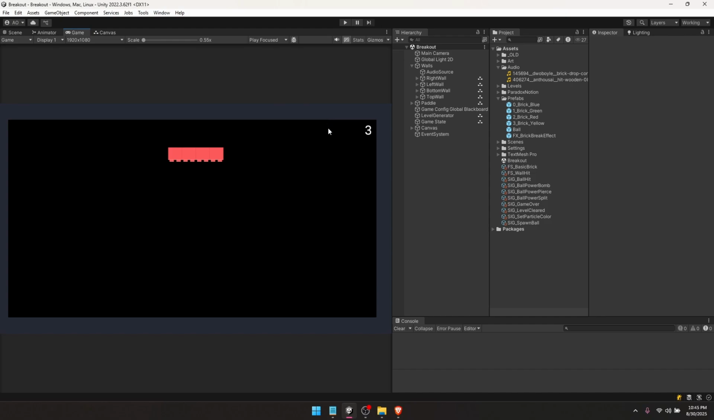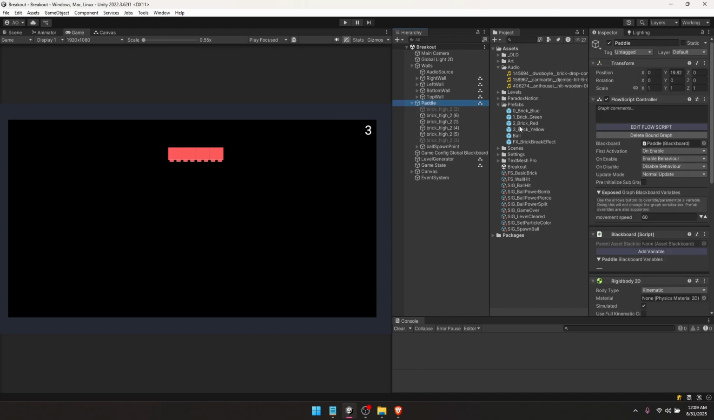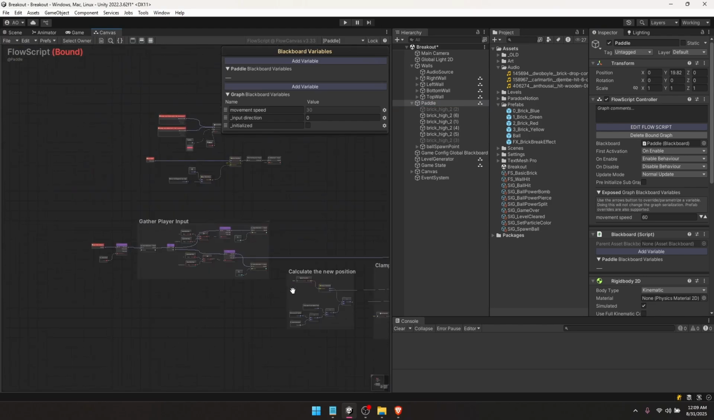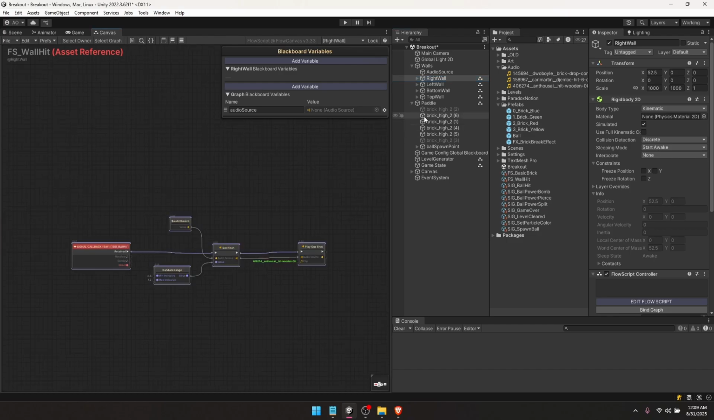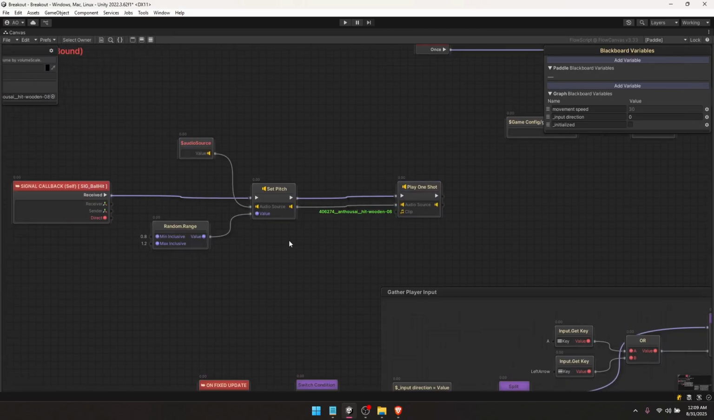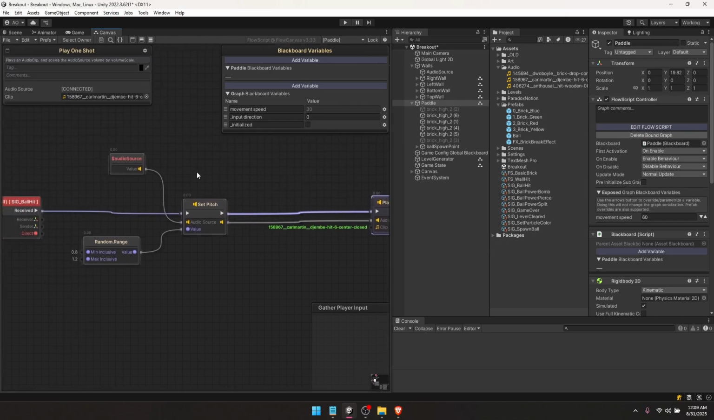So let's implement those. For the paddle, we're just going to do something really similar. We already have a flow script on our paddle, so we're just going to jump into there, and we need to add our event. So let's grab our event from one of these. Copy that, go to our paddle, paste that in there, and we're going to change that sound effect to be a different one. So just drag the clip into there, like that,